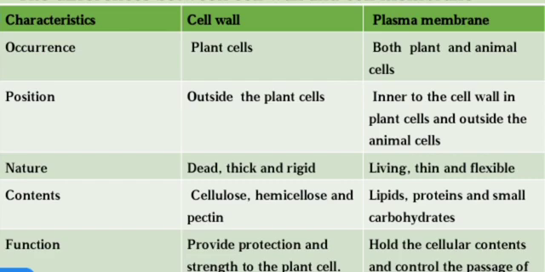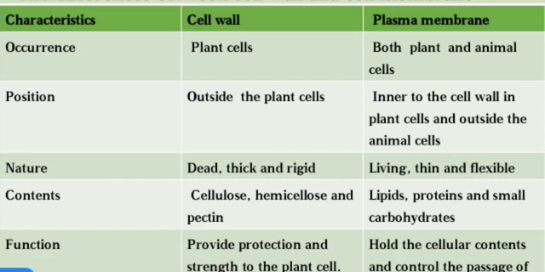Whereas the cell wall is a dead, thick and rigid layer, the membrane is a living layer, thin and flexible. Then the contents: the cell wall contains cellulose, hemicellulose and pectin substances, whereas the plasma membrane contains lipids, proteins and small